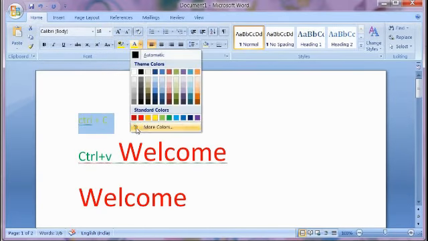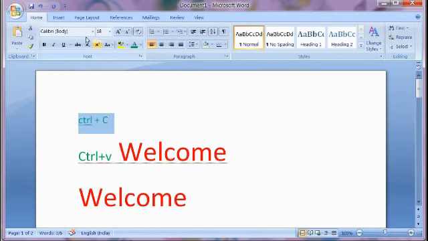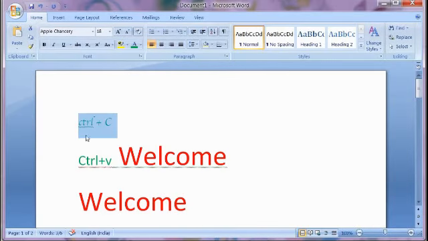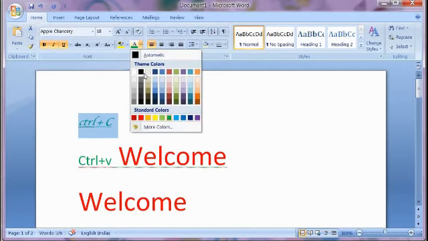Then we can change the text style. Okay children, then we can use bold, italic, underline, whatever it is, it's all in the font group.